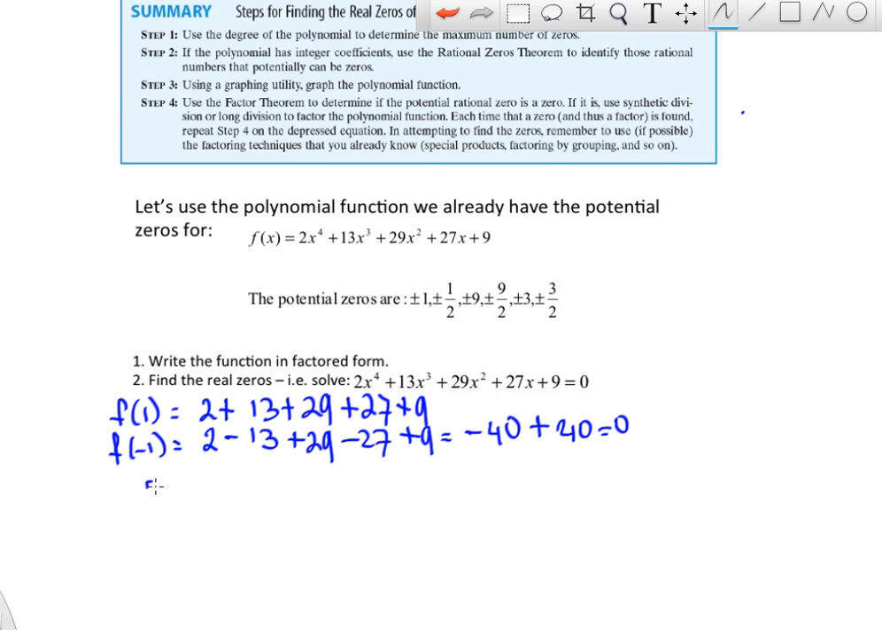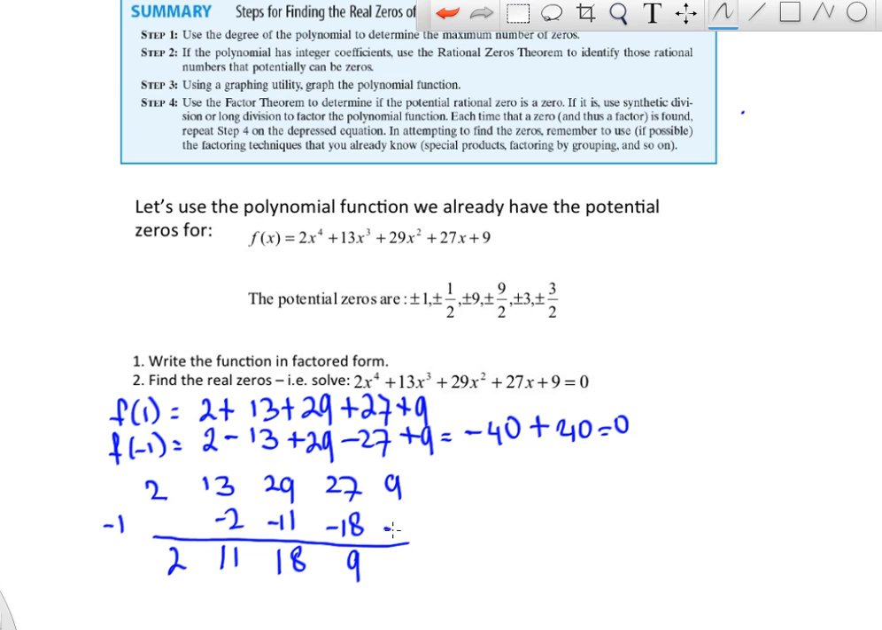That means that you can do synthetic division with it. And if you do this right, you already know that you should get a 0 here. So you probably could have started just doing the synthetic division. So drop the 2. That's a negative 2. That's 11, that's a negative 11, that's 18, that's a negative 18, that's 9, that's a negative 9, and then that's 0. So now we have a cubic,